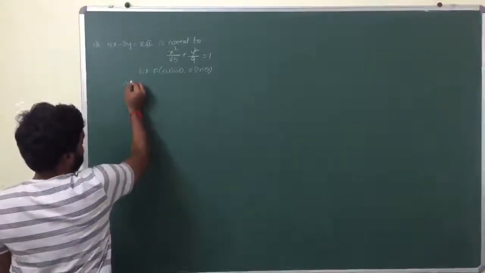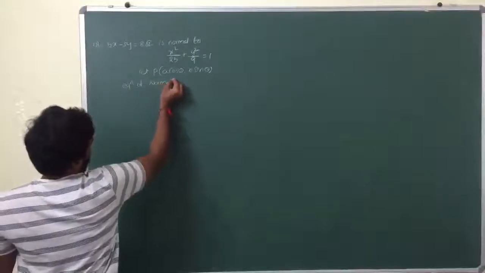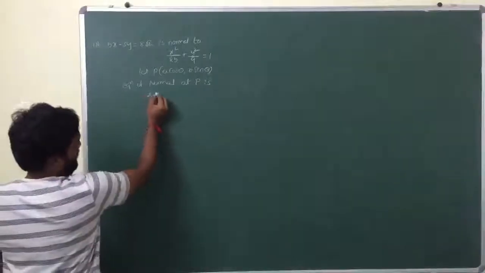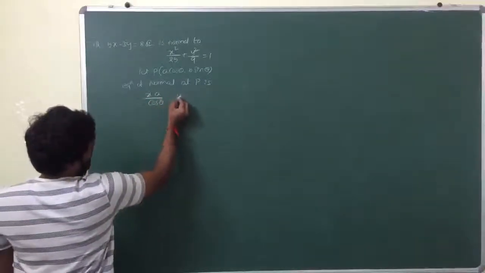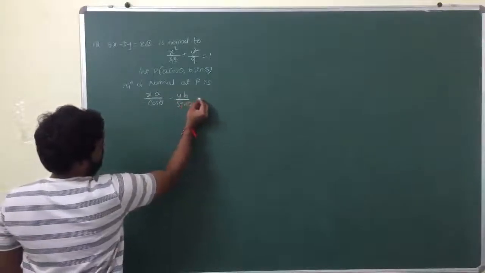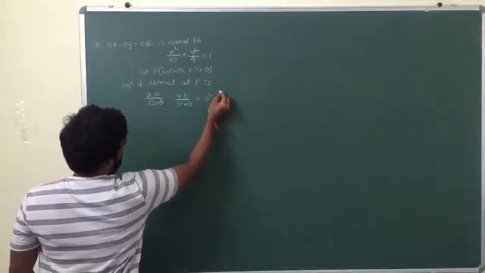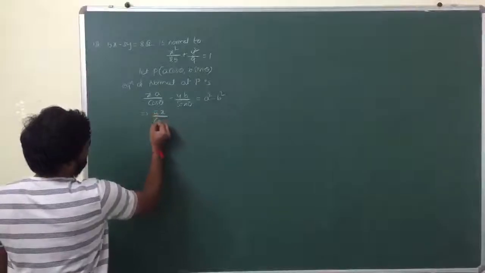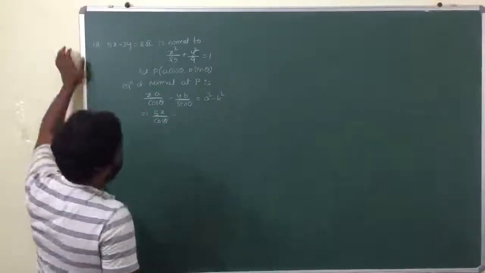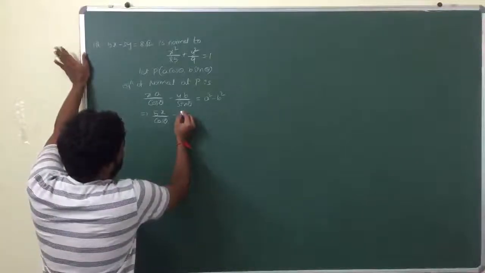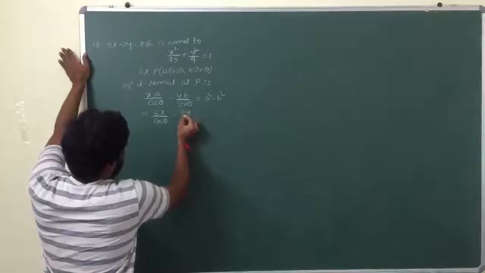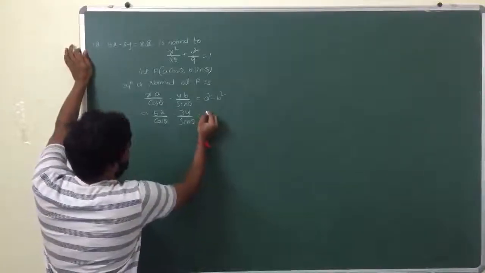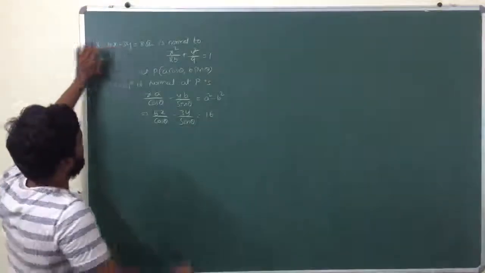Now the equation of normal at P is xa by cos theta minus yb by sin theta is equal to a square minus b square. Okay, so a is 5, so 5x by cos theta minus yb, b is 3, so 3y by sin theta is equal to a square minus b square, 25 minus 9, 16. So comparing these two,